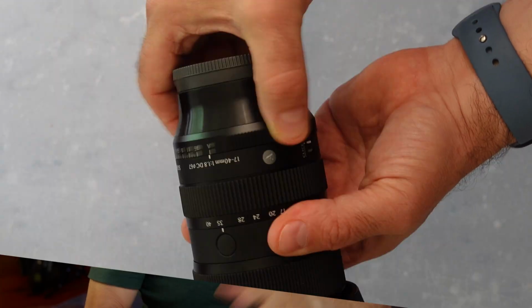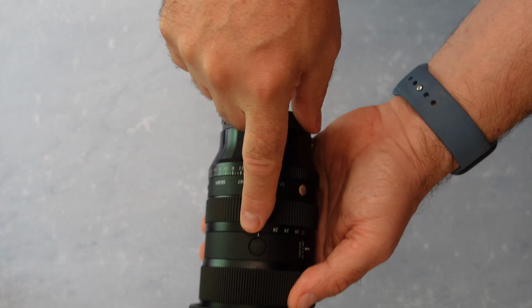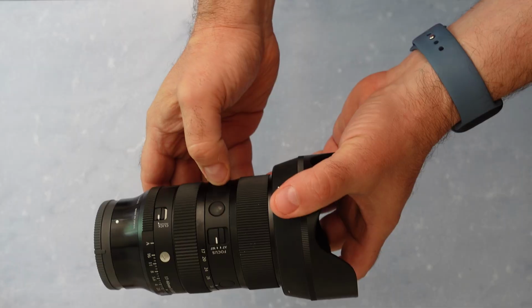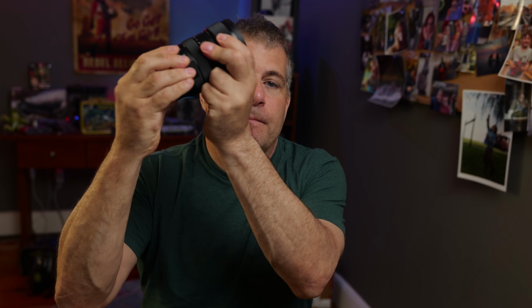One of my favorite things is that it has a dedicated aperture ring if you're shooting on Sony, Fuji, and L-mount versions. For Canon RF, it swaps that aperture ring for their control ring, which is a really cool system, but I don't like it quite as much as the dedicated aperture ring. There's also several customizable autofocus lock buttons on the barrel and a physical autofocus to manual focus switch. For video shooters and for people like me who prefer this, it has a click and a declick setting, so when the lens is set to the click setting, it sounds like that to change the aperture, and when it's set to the declick setting,